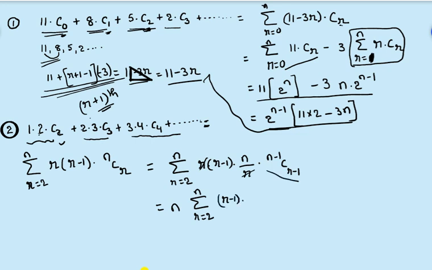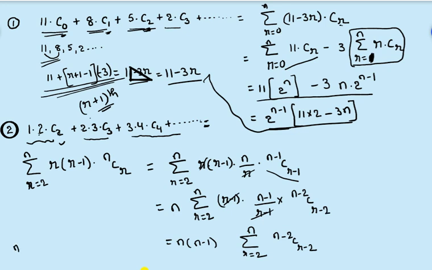again we can write this one as n minus 1 divided by r minus 1 into n minus 2 C r minus 2, right? Again r minus 1 cancels. We are getting this as n into n minus 1 into summation r equals 2 to n of n minus 2 C r minus 2.